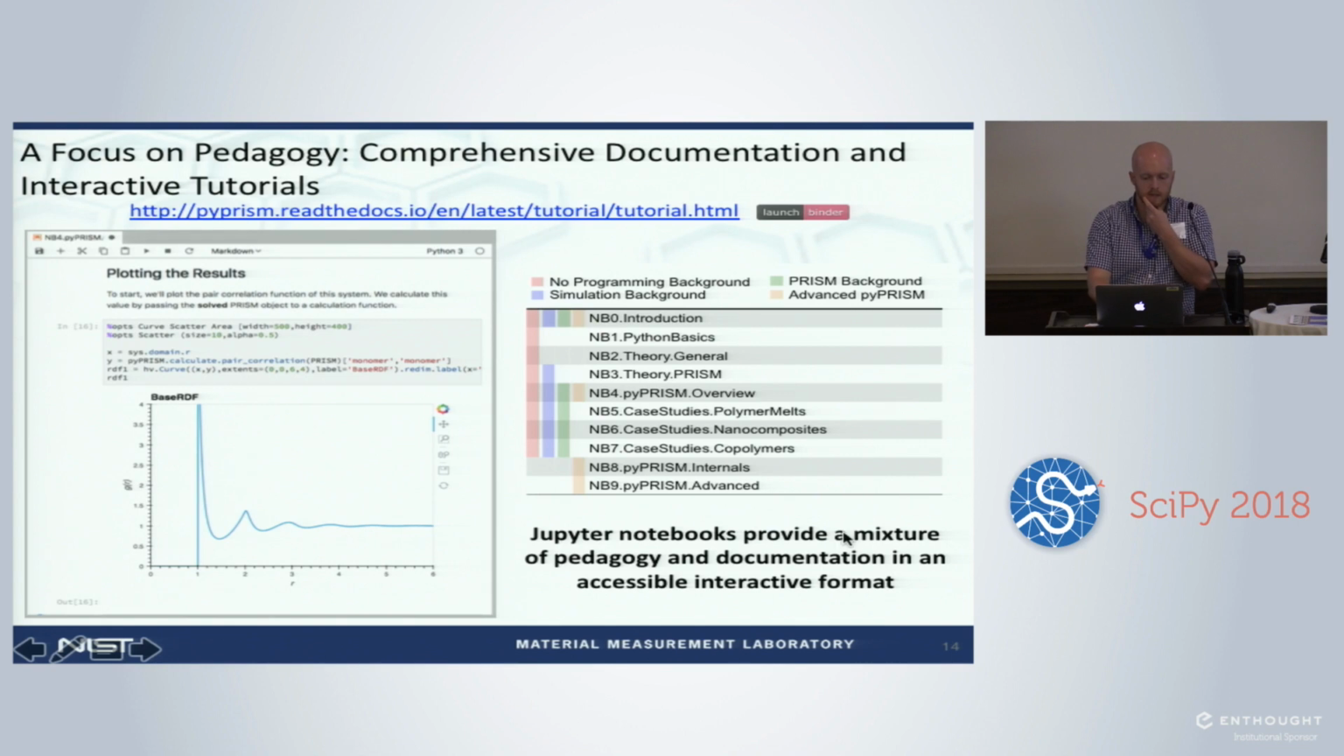And finally, for our advanced users, it's the goal, I think, of every open source project to have people contribute back. And we have a couple of notebooks which go through the details of the guts of pyPRISM, and how we put together the class structure and the choices we made, and also how to do some more advanced things with PRISM theory. And so I'm going to jump out of this presentation